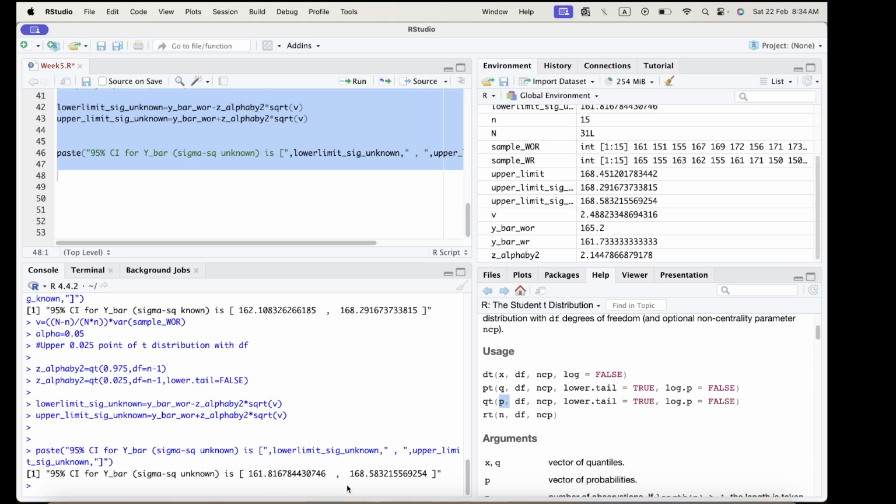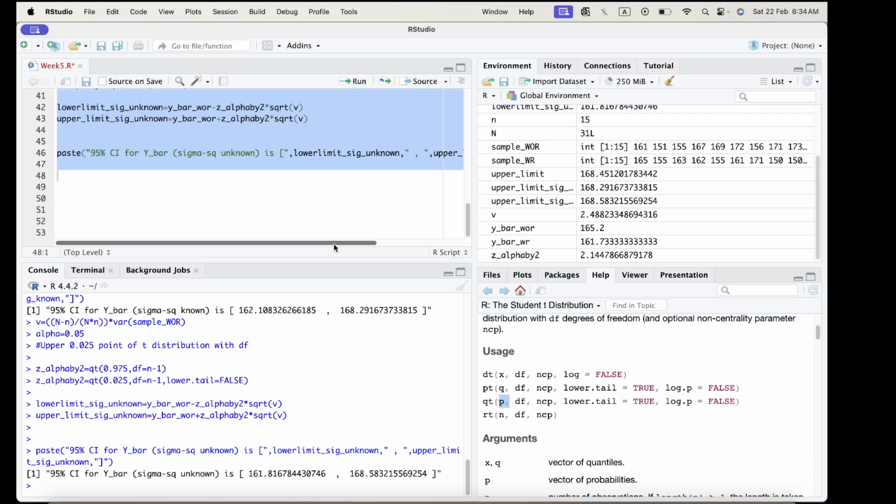But when it is not known, the interval is a little broader. So this difference is visible over here. Oftentimes it's very less in magnitude,